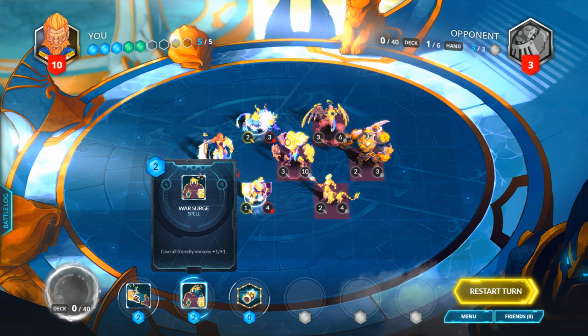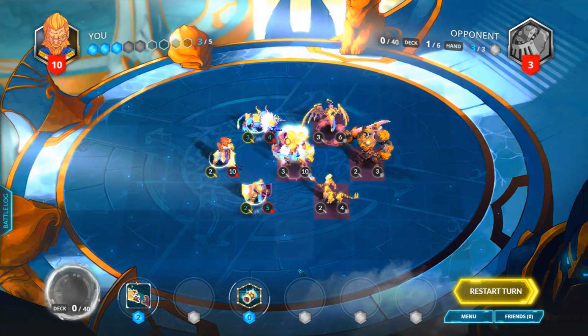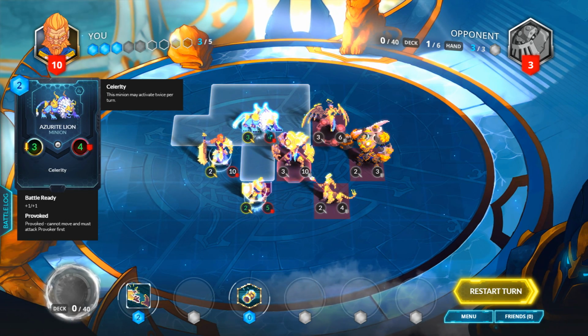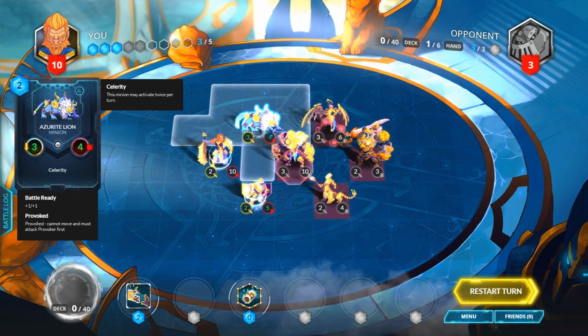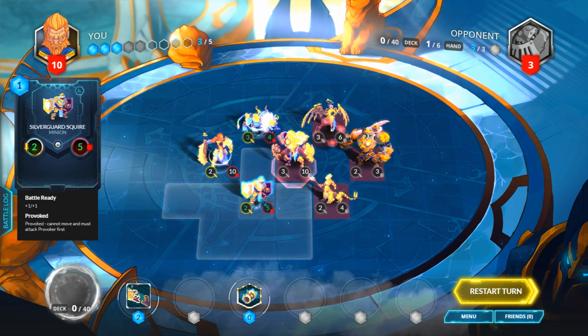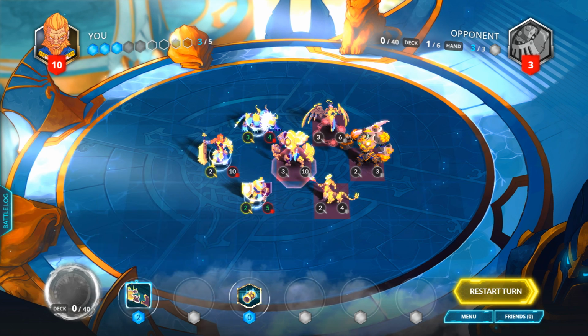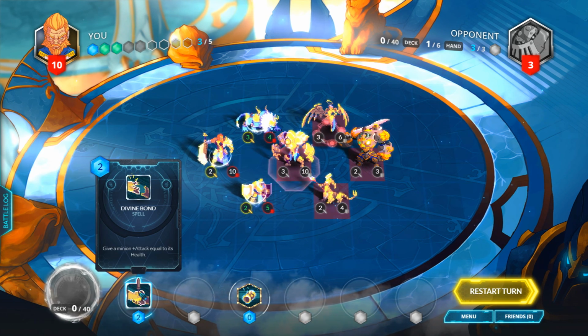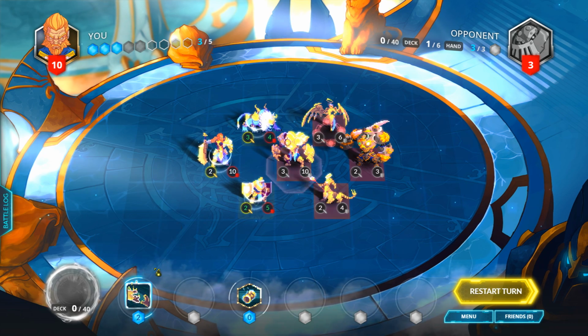So first things first, let's go ahead and drop out this War Surge. This will give every ally that I have +1/+1, making the Azurite line, which is our Celerity ally, get 3 attack. You can see a correlation there. And we have Silverguard Squire sitting here with 2/5. You want to use this ability first because it's +1/+1. It gives him more life, so we need to use that first